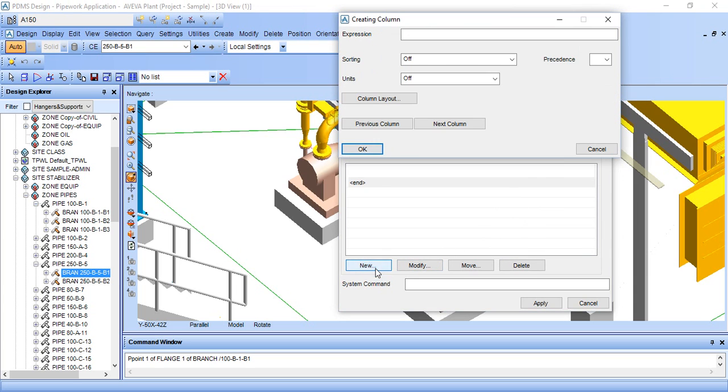Go to new, type here site. Next column, this is the column which will generate in our report. After site, type zone, pipe, branch,